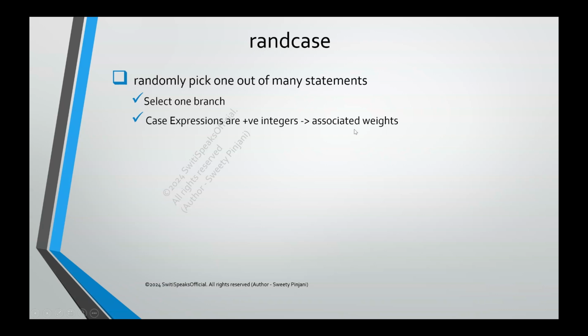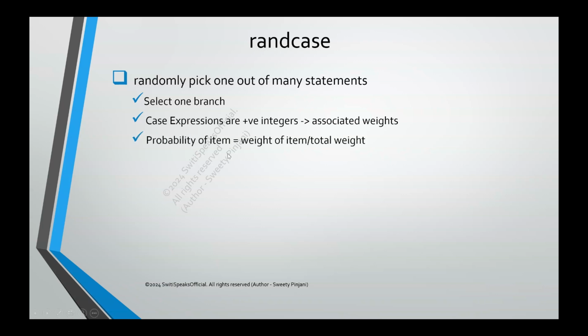We had already discussed about weights concept and constraint in the previous lectures. In case you did not go through, please go through all the previous lectures. We had discussed a lot about randomization, wherein we had also discussed what is weight. And this weight is the case expression, which is a positive integer, and it indicates the associated weight to the item.